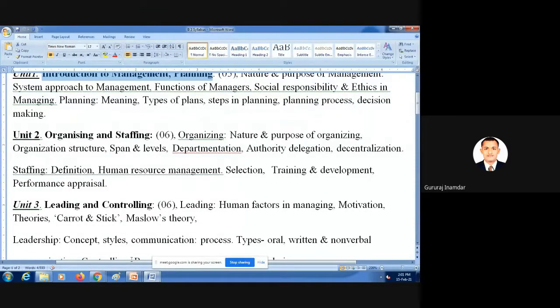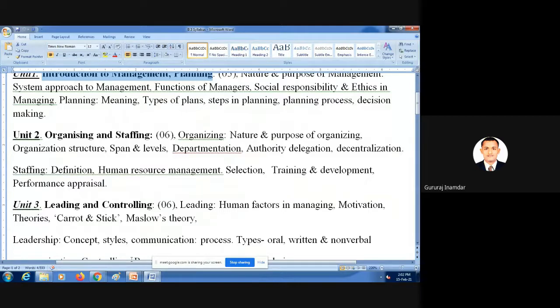Staffing does not include only recruitment, but also selection, training, development of that employee, and performance appraisal. Performance appraisal is nothing but the biodata of that employee, from when they started work in your industry, the lifespan of that particular employee. If they have worked two years in the industry, then their growth rate over those two years. Whatever the experience of that particular employee is, that is staffing, and performance appraisal is part of staffing.